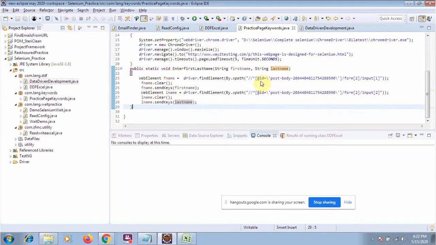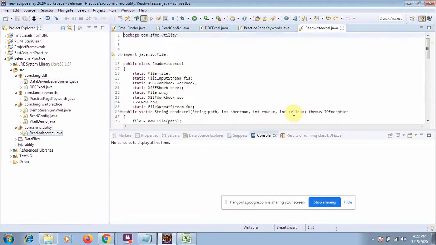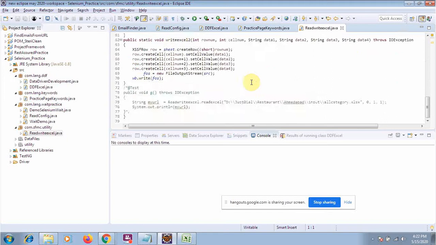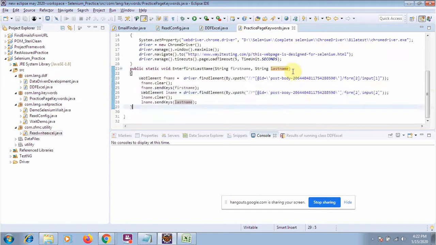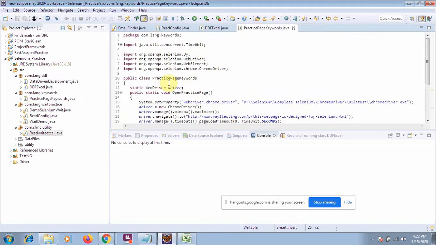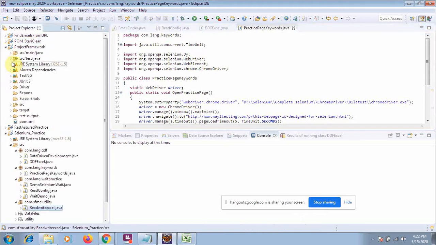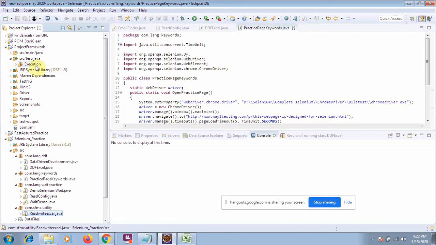Now you already remember that your data Excel sheet, meaning a utility sheet of read and write Excel, has been properly written and all the methods have been properly defined. Okay, now I will execute my test cases. So how will I execute? There will be a separate package known as the execution package. Somebody calls it a running package, or somebody says the main package. Suppose I open this framework, here I have given the name execution package.